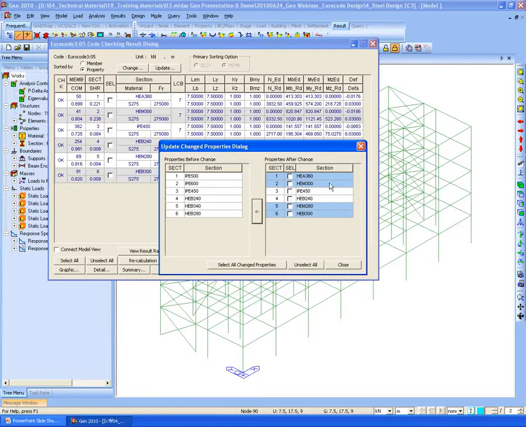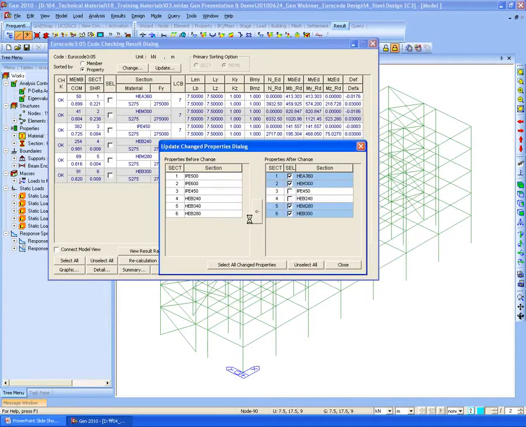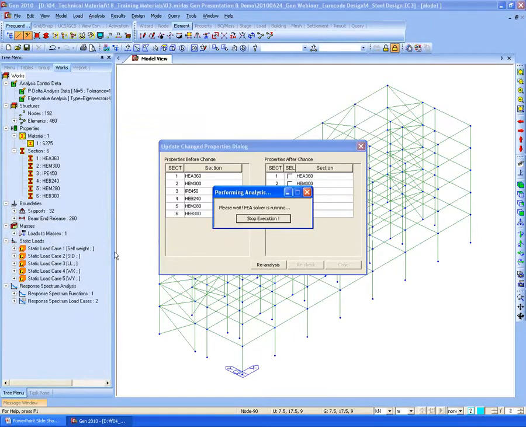In order to update this section, by clicking these sections and sending it to here, the program will perform the analysis and design again. In order to have the exact design results, after updating the section, we need to do this procedure.